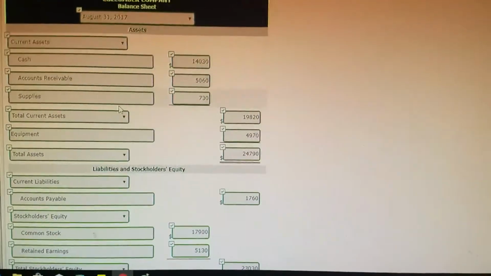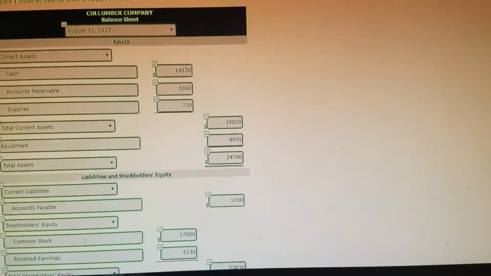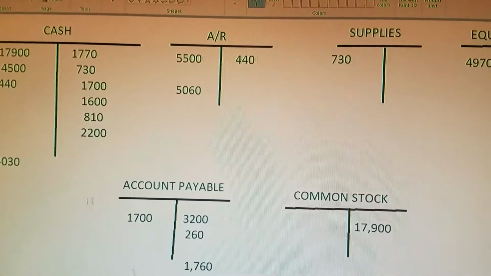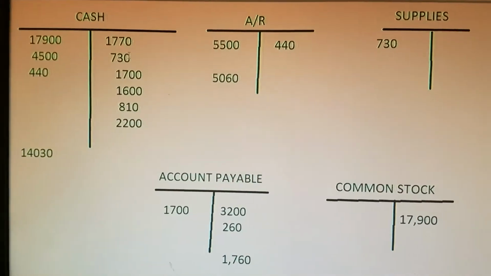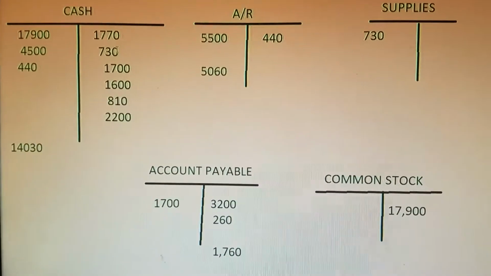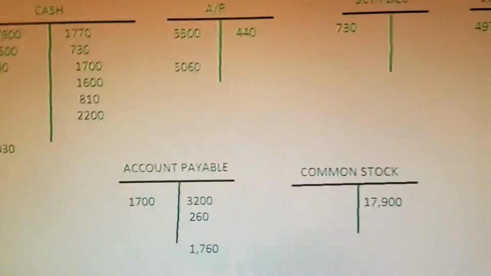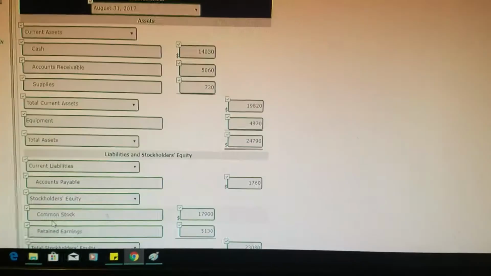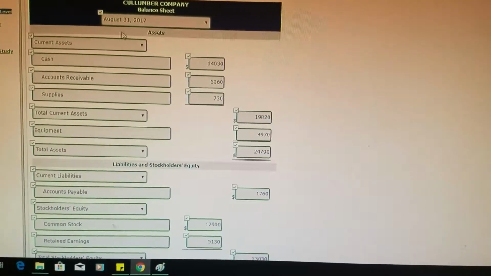Here we are going to use most of the accounts we already did, and we are going to classify them according to liquidity. It means how easy it is for an account to make money. We are going to place this information into the balance sheet. So we start with current assets